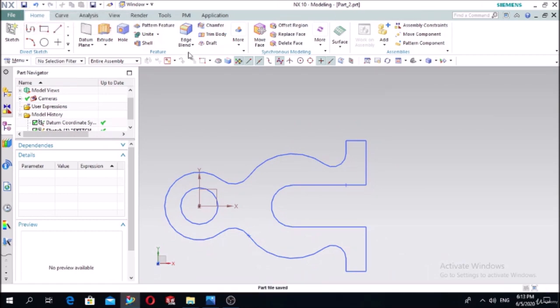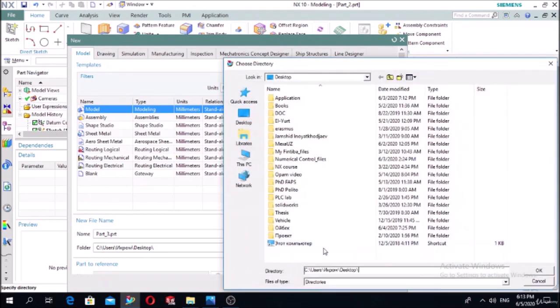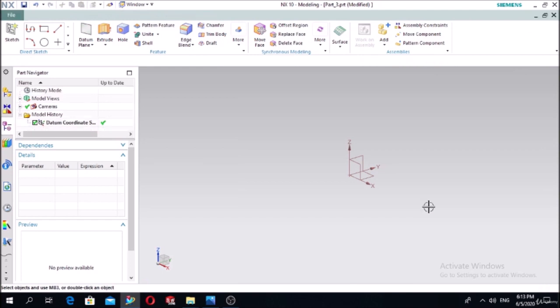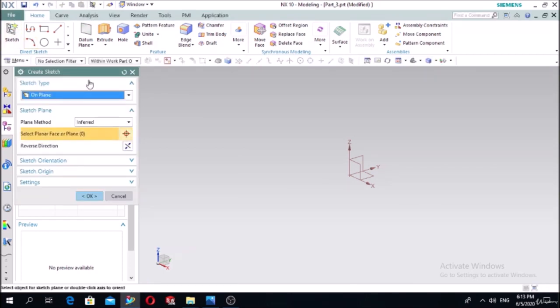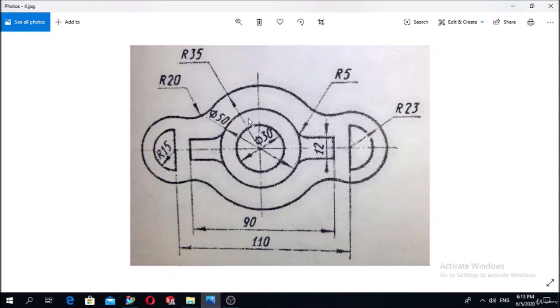Let's first save this project, project 2, open new file, call it as a part 3 and save it to desktop. Press OK and OK. Sketch, select the plane, press OK. Let's draw these